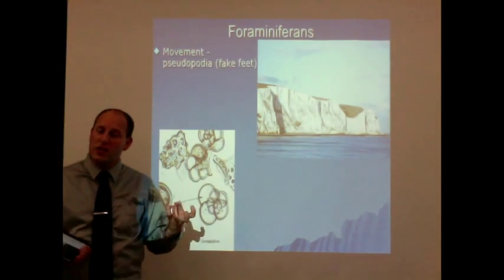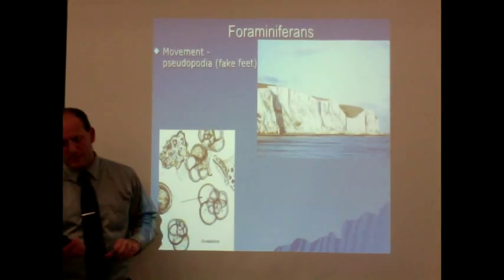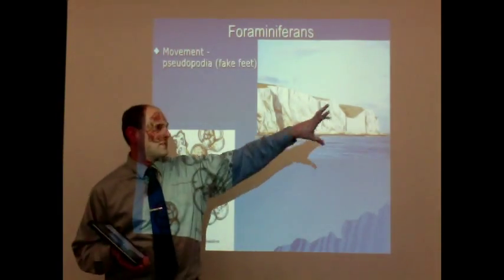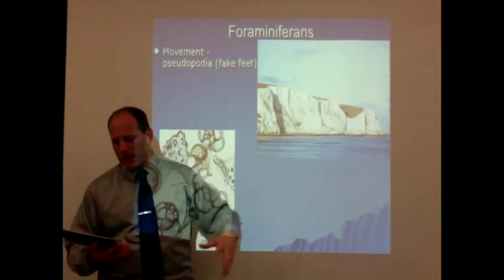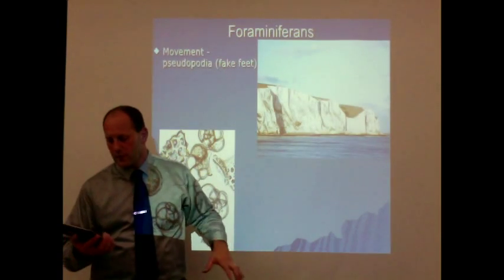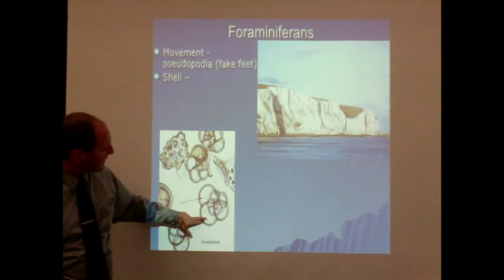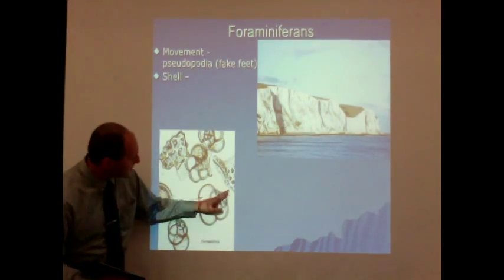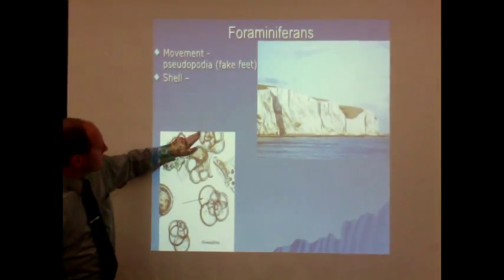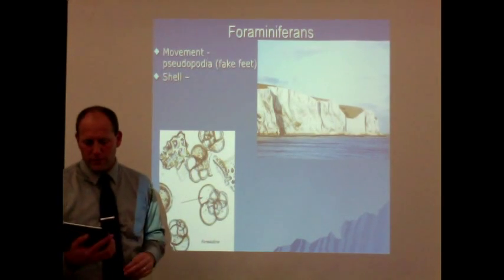It's kind of a projection of that cytoplasm on the inside of the organism. It's extending out. Not real feet, obviously, but it's this cytoplasm that extends out. And they use this to kind of move around. They will use it as a paddle. Their shell, you can kind of see in the picture here, it looks like it's got these little different bubbles. This is one individual organism. This is one individual organism. Here's another one. So these shells have these kind of different rooms sort of inside.